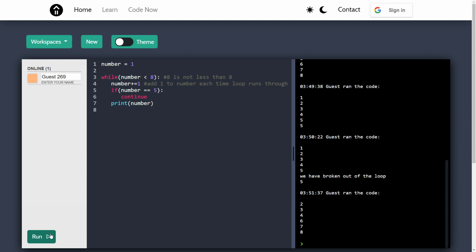Alright, so we start at 1, and then we're going to increment up 1 already. Basically this is just adding 1, so it's going to add 2, and then we're going to print 2. And then let's look at what happens whenever it's 5. So this will be 5 right here. If 5 equals 5, we're going to continue, which means that we're just not going to execute after this point. We're just going to go back up to the top of the while